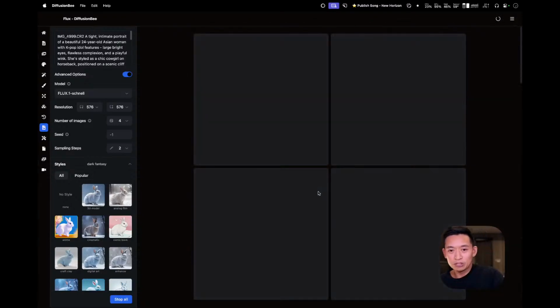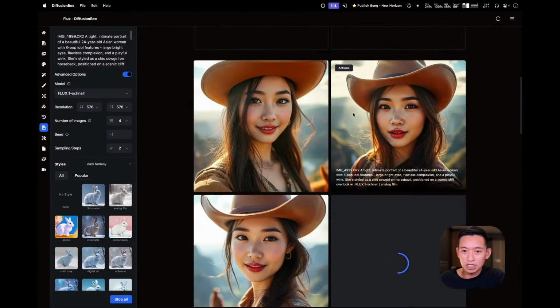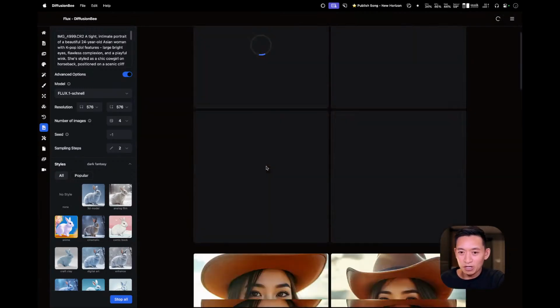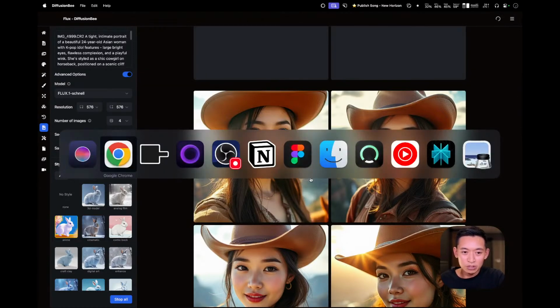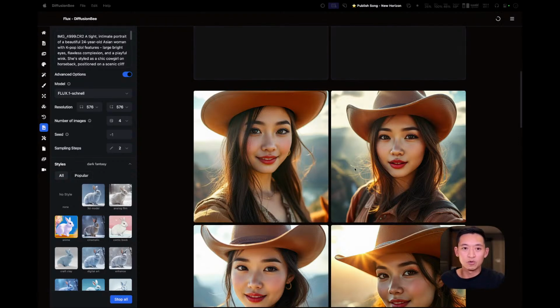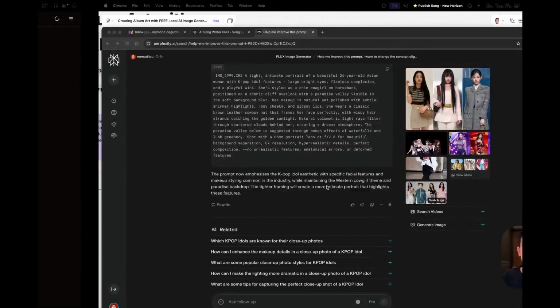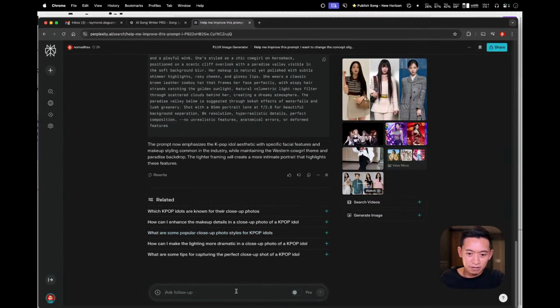So what I would do now after generating this, I'll show you how to iterate on this. So let's say, actually, I want her hair color blonde, right? So what I would do is go back to Perplexity where I have, yeah, okay, so I have Perplexity here and I'm gonna say, actually, her hair,